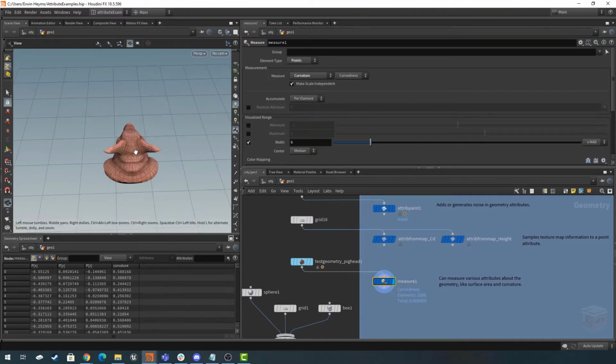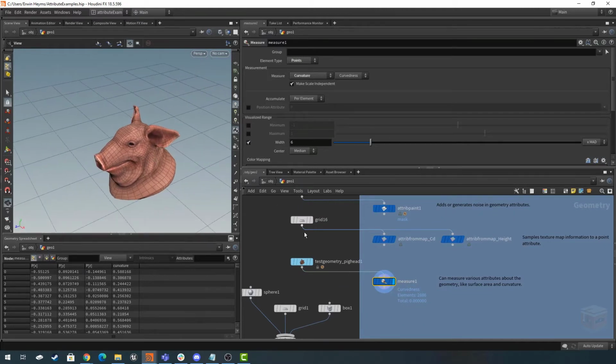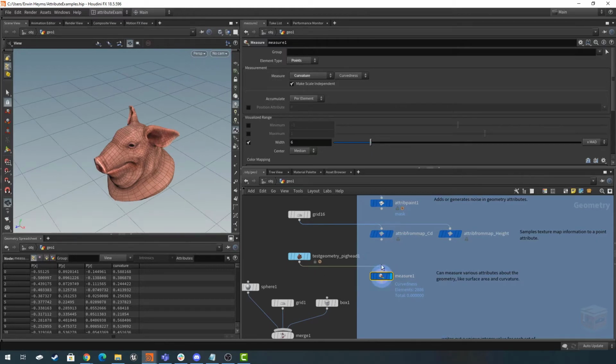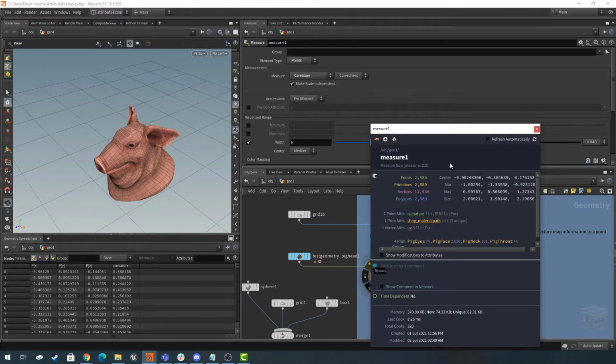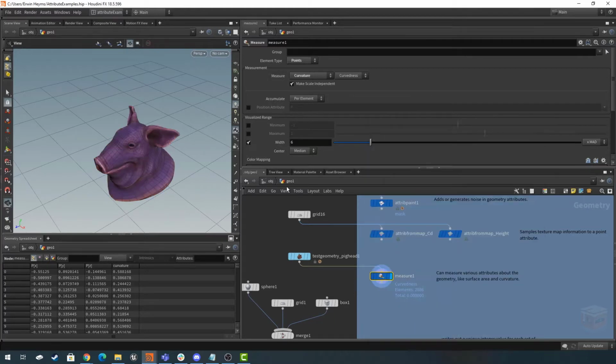Then next we have here the measure node. Now the measure node allows us to see all kinds of attributes on our geometry and calculate them out. So in this case, I'm calculating out the curvature on this pig head. If I'm going in here and let's say I grab the curvature attribute and visualize it,